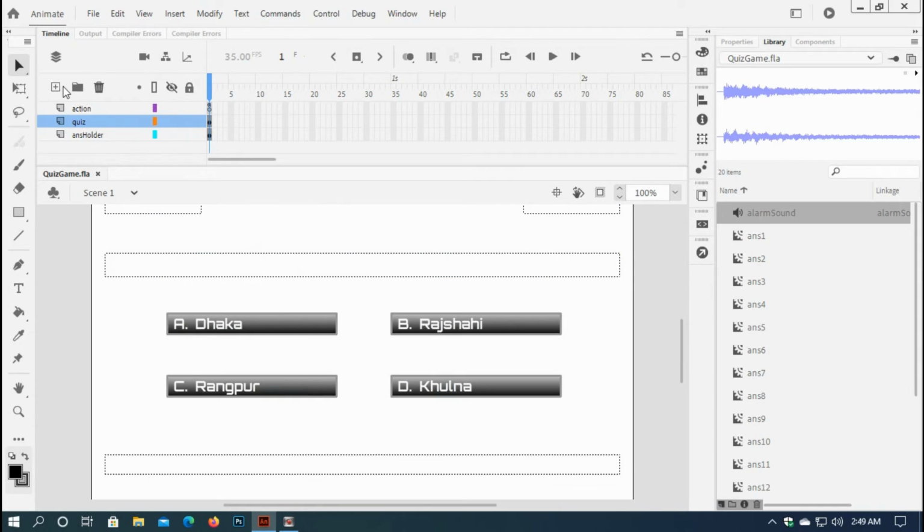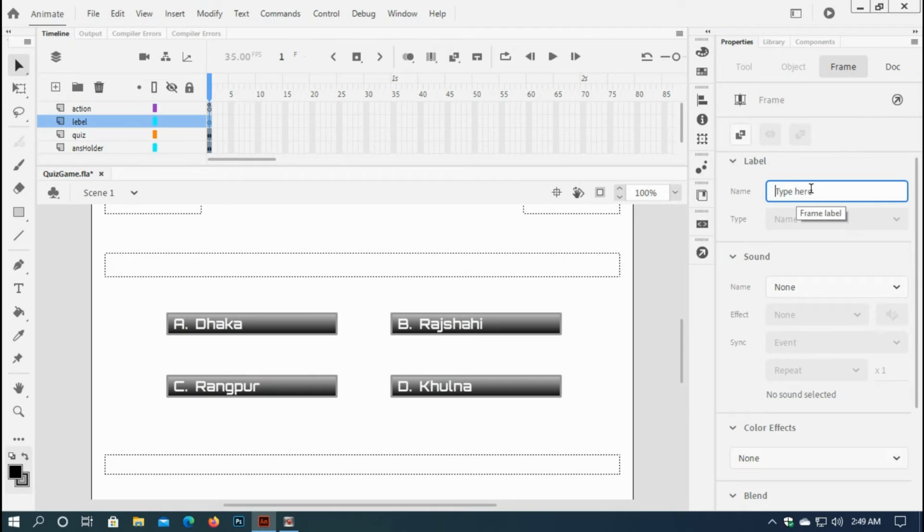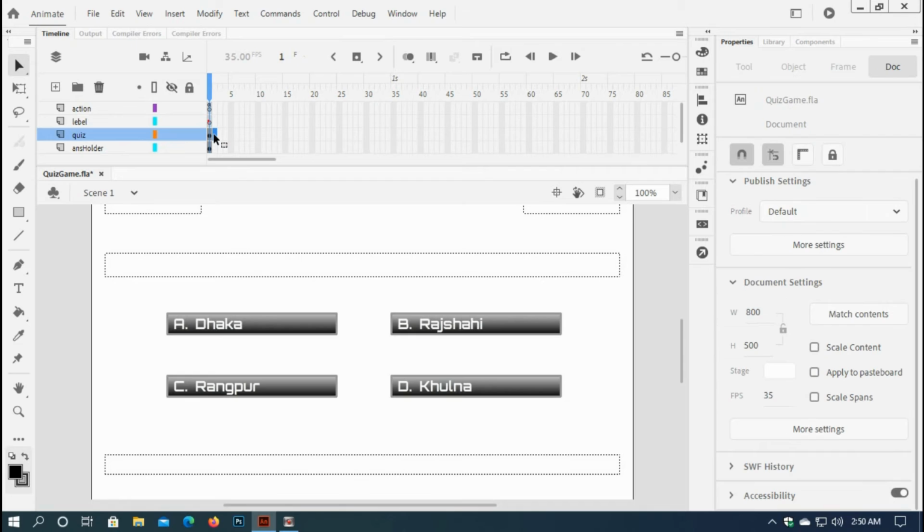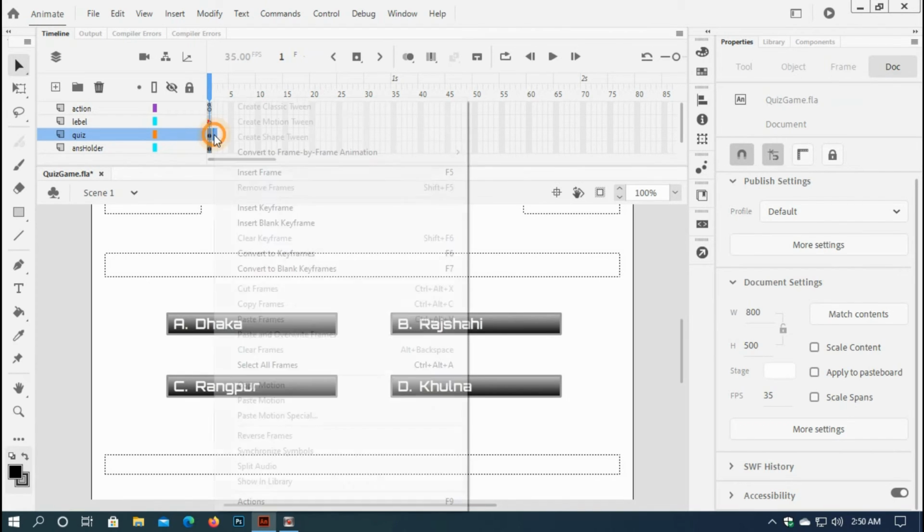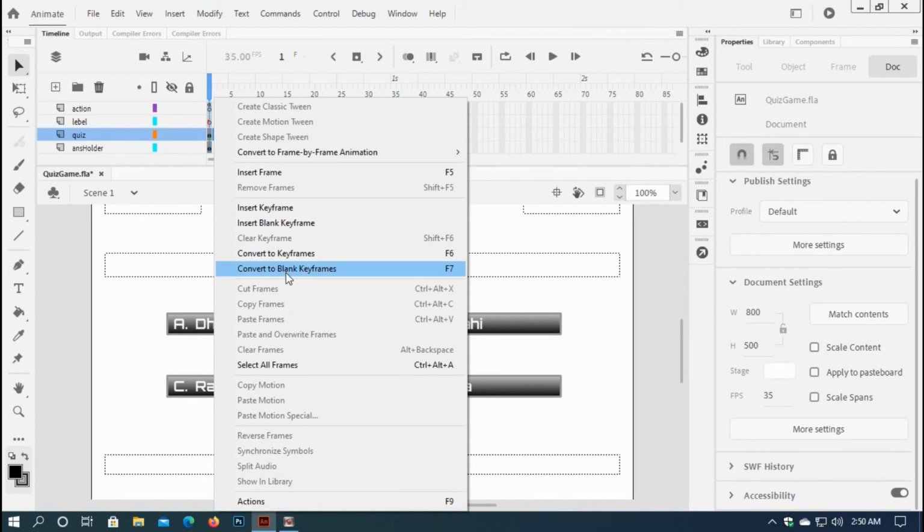But first I will insert a new layer and rename this layer level, and selecting that frame, I'll type here quiz, and this is the level quiz. And now I will insert here a blank keyframe,